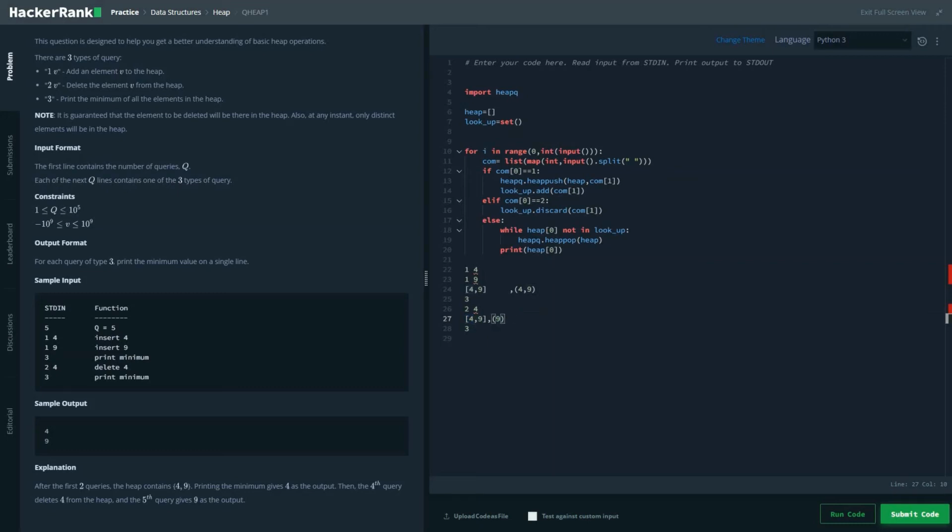In our case, 4 is not present in this set, only 9 is present. So we will be deleting the first element, which is 4, from our list during this while loop.